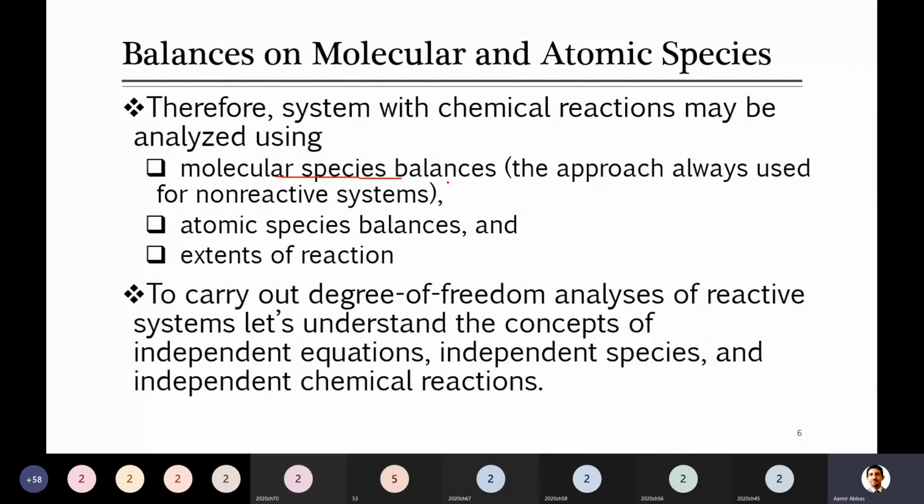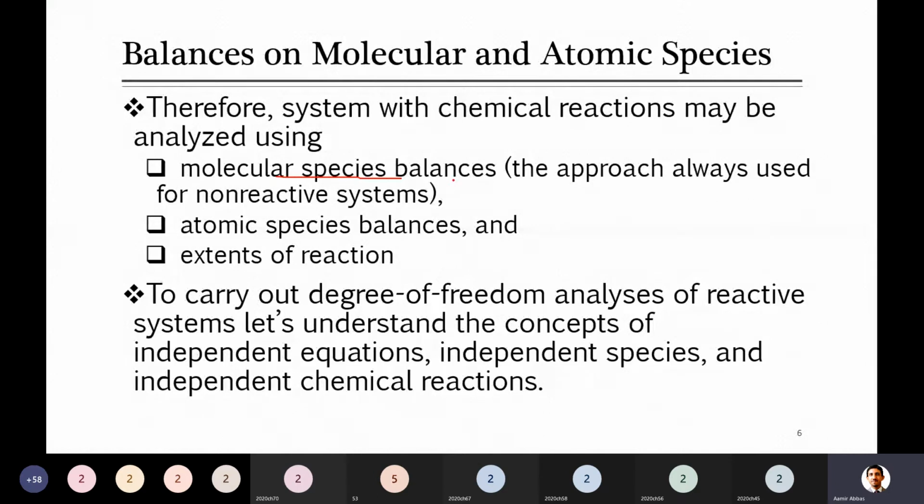Now, whichever of these you want to use, you have to go through the degree of freedom analysis, because the system will become more complex when reactions are involved. When a reaction system is there, some species may be reacting, some can be non-reacting. For example, nitrogen is available in air, and most of the time that is non-reactive. So in order to accommodate all those things, you have to write the degree of freedom analysis and calculate, and then you can proceed with the system.